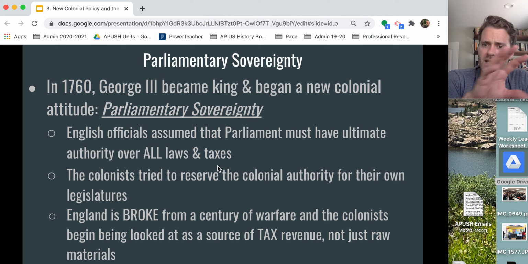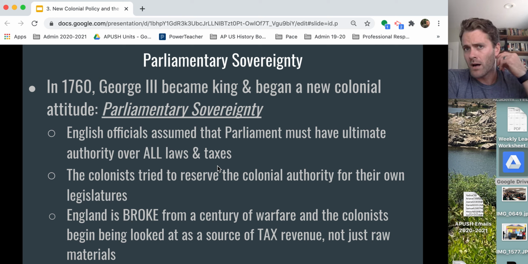So this shift in colonial policy is key because it's fed by a couple things. It's fed by, of course, England's brokenness. It's fed by King George's concern that the colonies are getting too powerful and too spread out and too unruly and hard to control. And it's going to come directly from the French and Indian War, in which the British look at the colonies and don't think they are smart to be left alone to do their own thing, because if they do, they might start a war with the French, which they did.